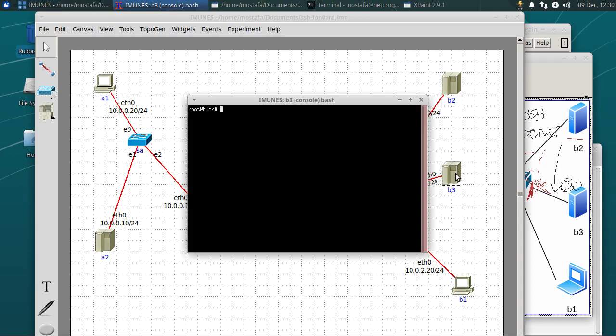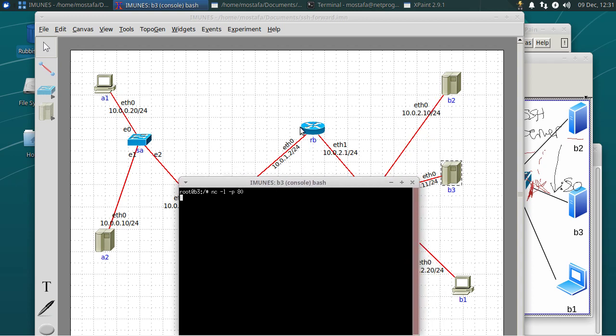Now on B3, I'll just double click to open a terminal. I will create a dummy server process using netcat. So nc -l, sorry, -l is listen, and then -p port 80. Now just to make sure that